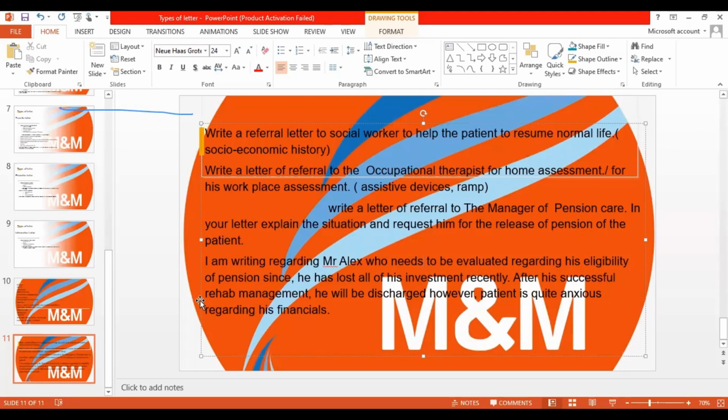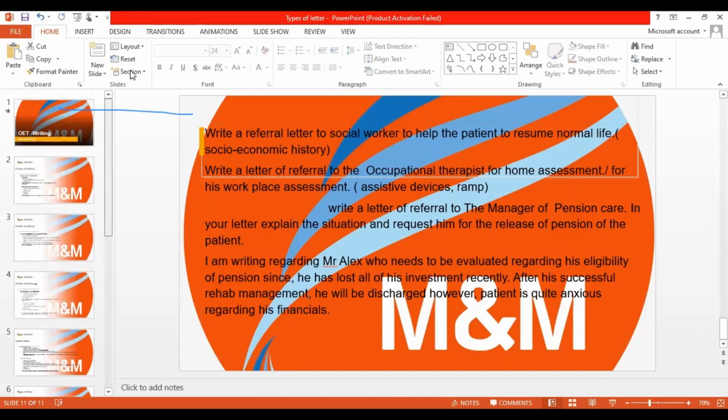However, the pension service is quite anxious regarding his financial or rehab management. You can also add the knee replacement over here. Anyhow, these are a few different types of unconventional discharge letter that we discussed with you. So before we can proceed further, if you like to